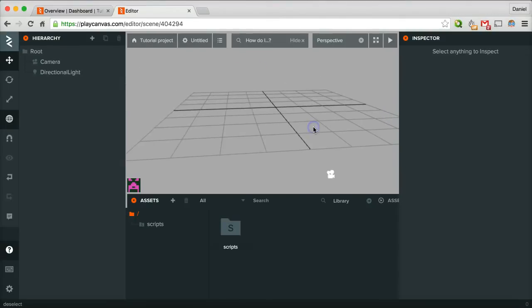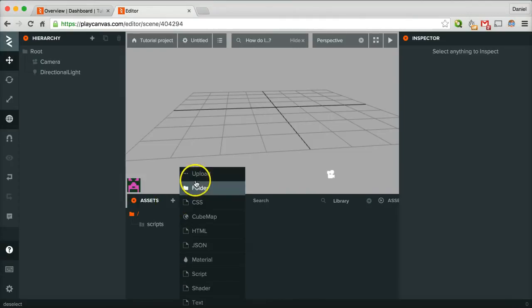Okay, we also have the asset panel down the bottom here, and so if you click on this little plus icon here, you can add or upload assets, so you can create folders to store your assets. You can add materials or shaders and scripts. So basically the difference between